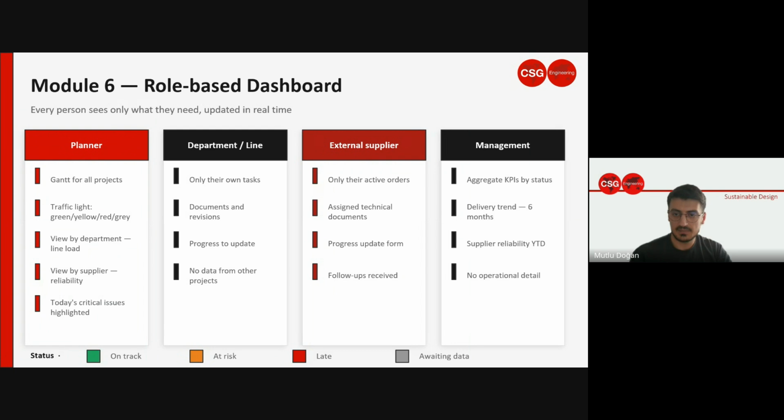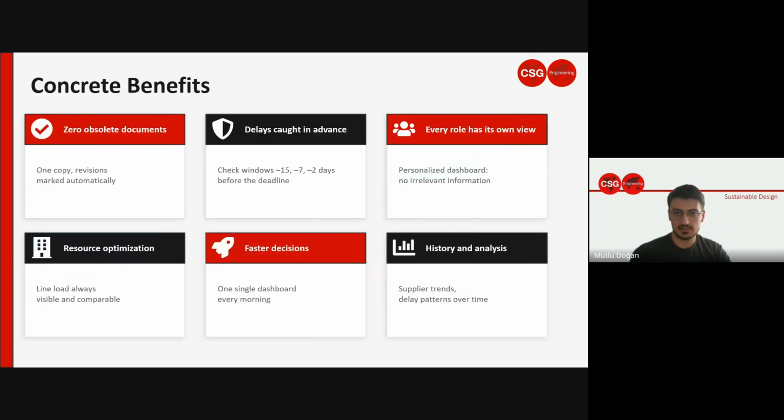The production team sees only their own tasks. The current version of every document they need, they can see, and a form to update their progress. Nothing from other projects, nothing irrelevant, all systemized. And the external suppliers see only their active orders, their technical documents, and their follow-ups. Clean, simple, and all of them contained. The management part,